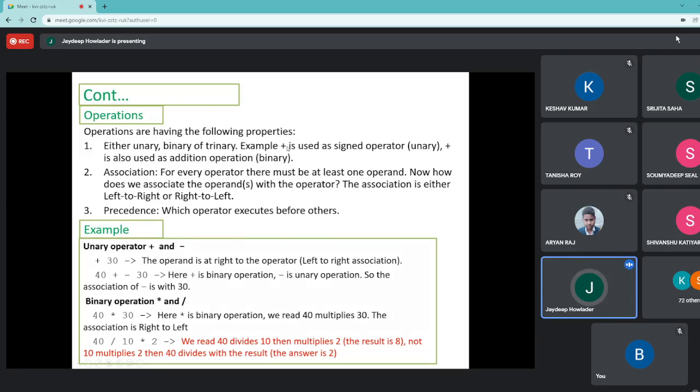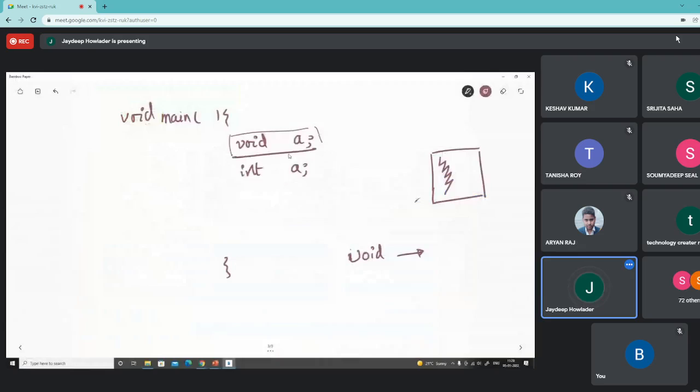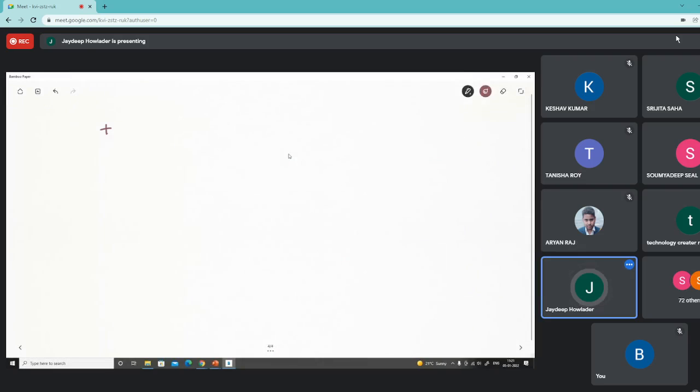We already discussed these things. What are operators? The C programming language defines three types of operators: unary, binary, and trinary. Do you understand what the unary operators are? It may be plus or positive, negative. Then there is a special operator which is called incrementing. It implies that the value of a is incremented by 1. Then the decrementation operation is also there. It specifies the value of a is decremented by 1.